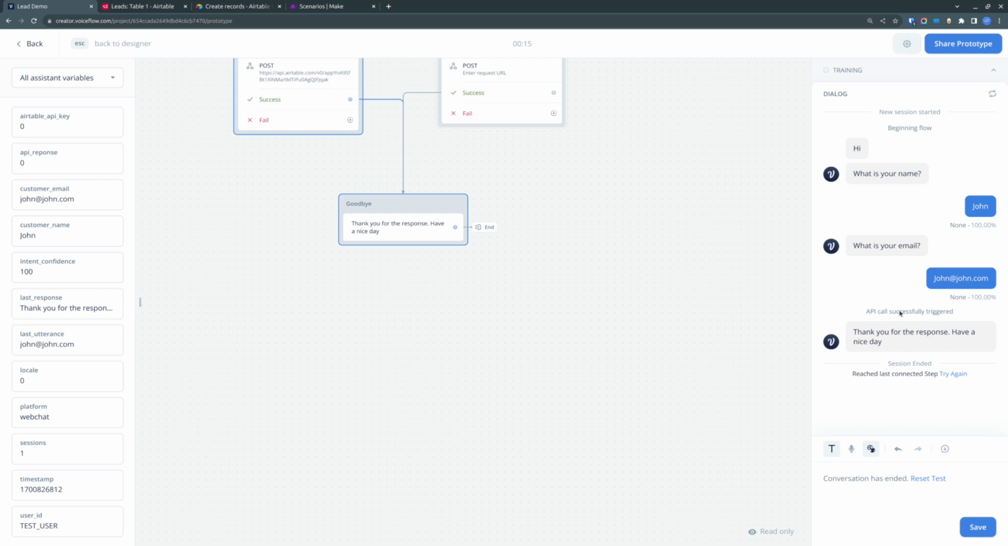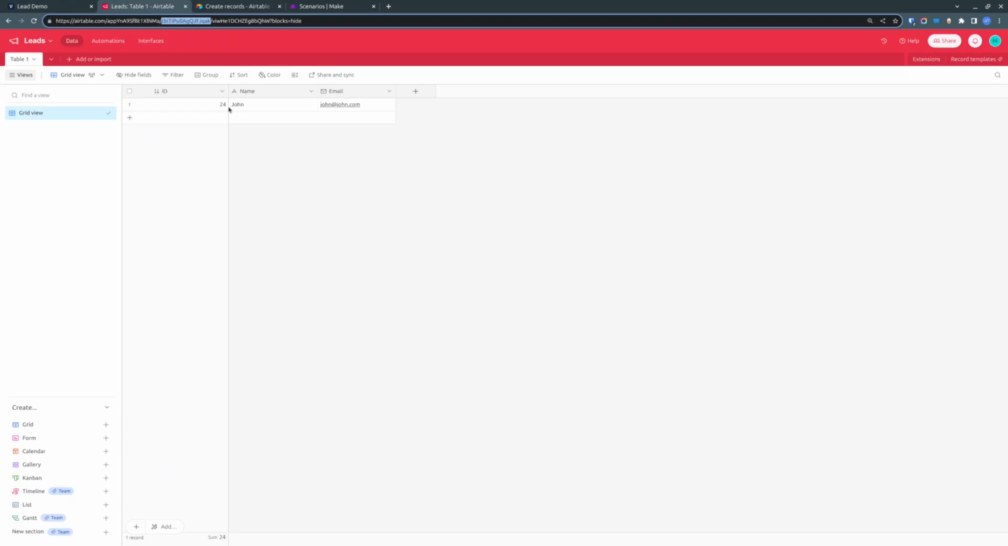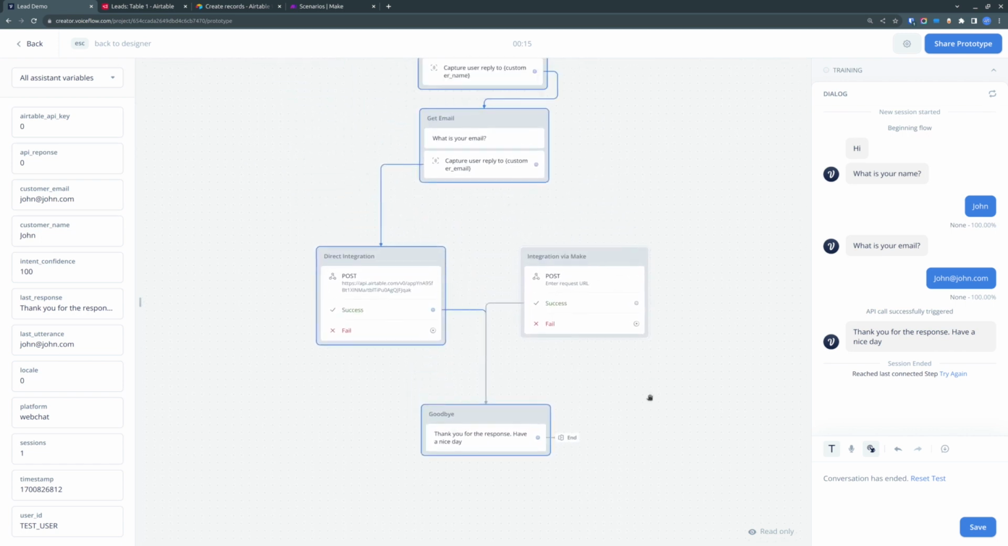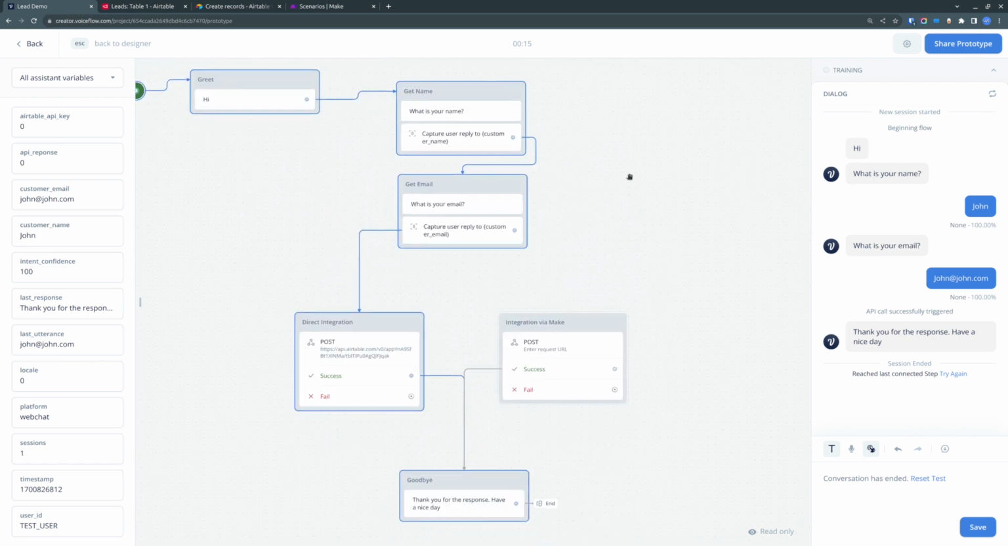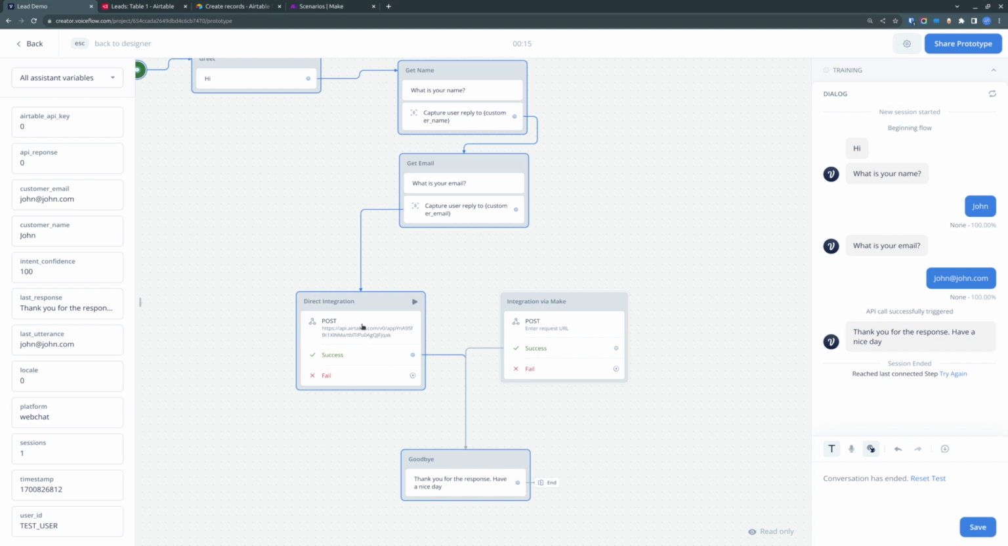So it seems that it worked, and we can check, and we see that we have a new record in our table. So that's how you integrate with the Airtable